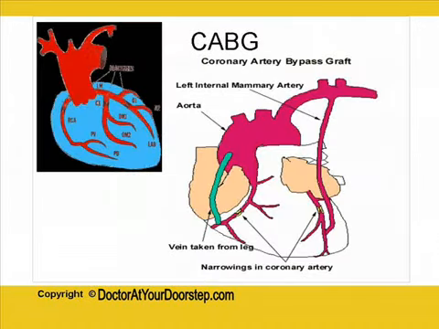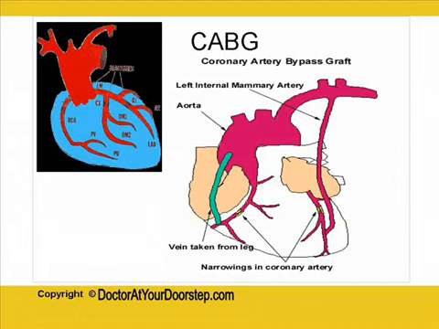And lastly, let's talk about CABG, or the coronary artery bypass graft, popularly known as bypass surgery. As you can see in the left sided diagram, the arteries have been blocked, and therefore an adequate amount of blood is not reaching the distal parts of the heart. The aim here is to create another pathway for the blood to go, and that is known as the bypass. We effectively bypass the blocked area.